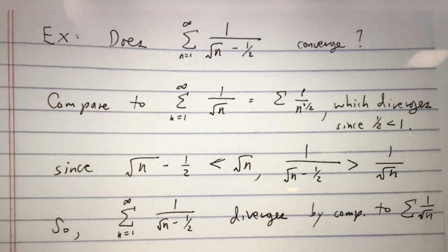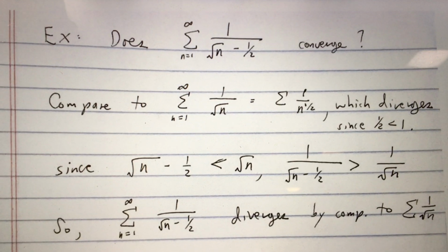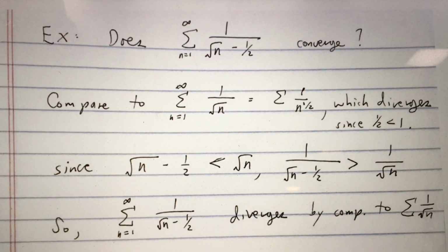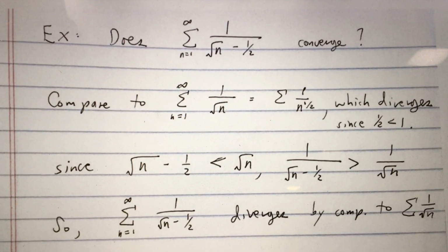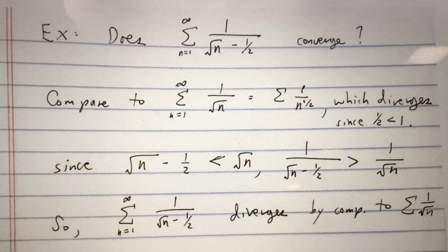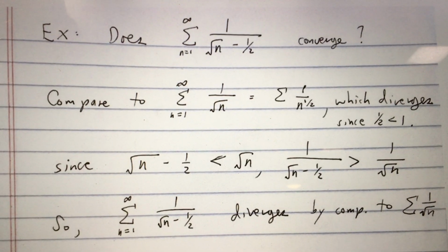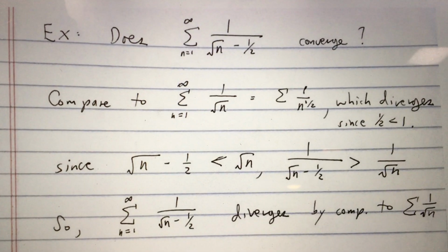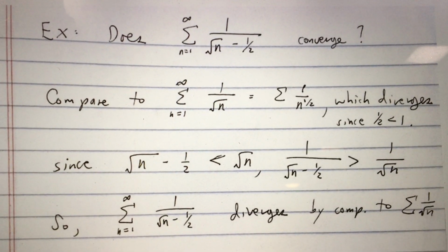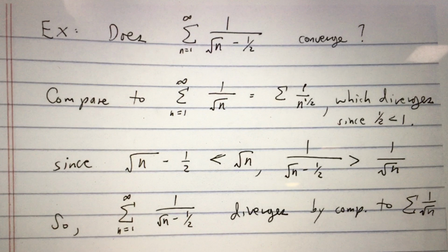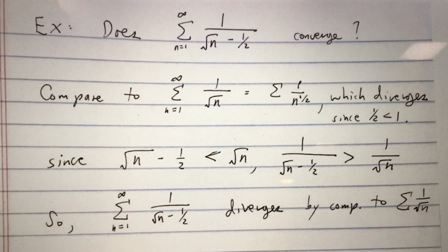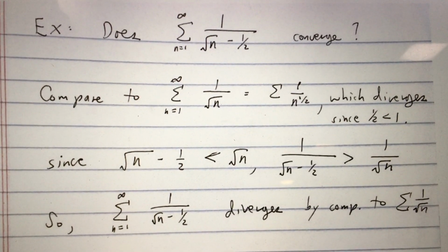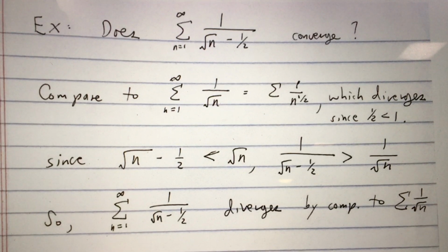And 1 over square root of n, or 1 over n to the 1 half, is what that is equivalent to, diverges. The summation of it diverges since 1 half is less than 1. It's a p-series again, and the power is a half, and that's smaller than 1. Now, square root of n minus a half is smaller than the square root of n,